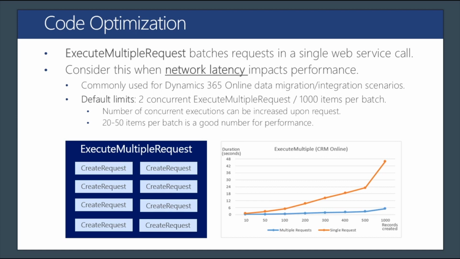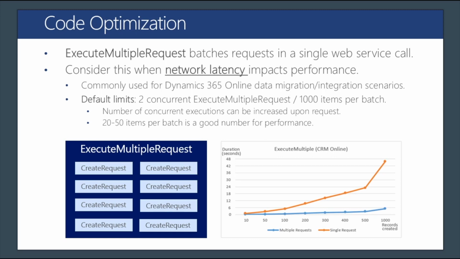There are some throttling limits on the execute multiple. You can have only 2 concurrent execute multiple requests running on a server for instance at any point of time, and you can have a maximum of up to 1,000 requests inside the execute multiple request. Again, you cannot have execute multiple requests inside execute multiple requests, so that kind of cascading is not allowed. And again, the 1,000 item limit is something that needs to be looked at, because just because an execute multiple request can hold 1,000 items doesn't mean adding 1,000 items is the most optimal way of getting maximum performance. No, usually that number is much lower, and